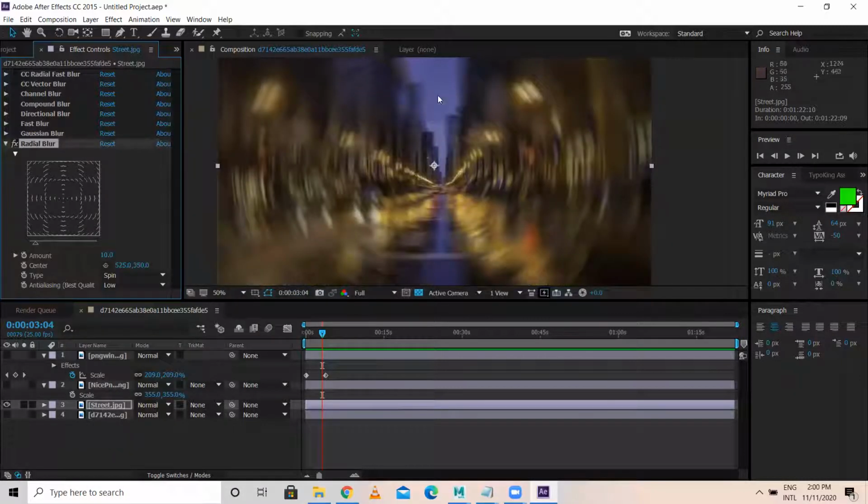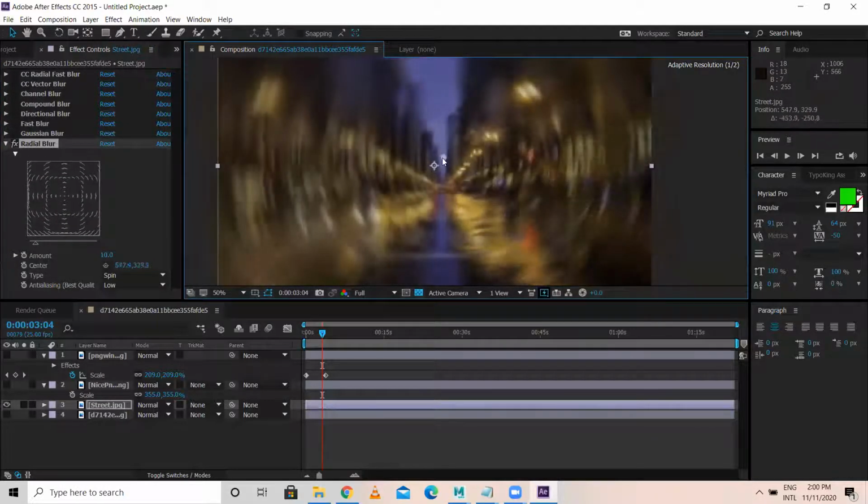Next is radial blur. You know what radial blur is? This is the effect where you can move the blur. Let's say you want blur over here, you can achieve this over here. Let's say I want to move the blur part here; in that case, you can achieve it by just dragging over here. See the blur part, even the angle over here, you can take this and move it, somewhere like this.